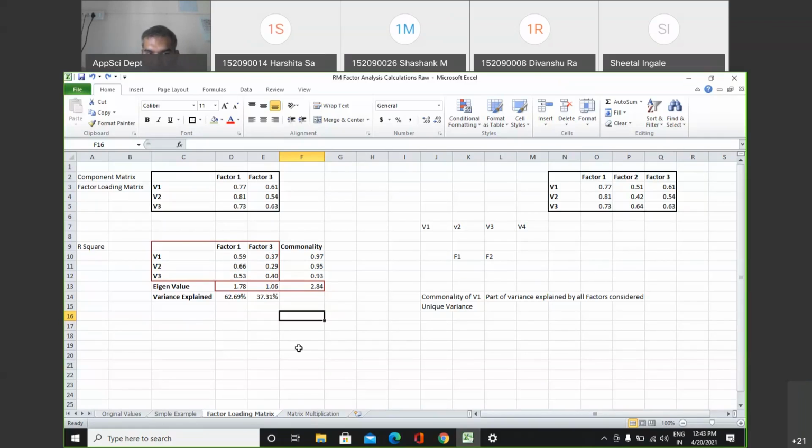Okay. Now, what happens if there is cross-loading? So if there is cross-loading, we try to move the factor in such a way that the loading gets distributed in a clearer way. So how to do that? These factors, we are calling it a factor. So these factors are actually vectors. So basically we are arranging different vectors